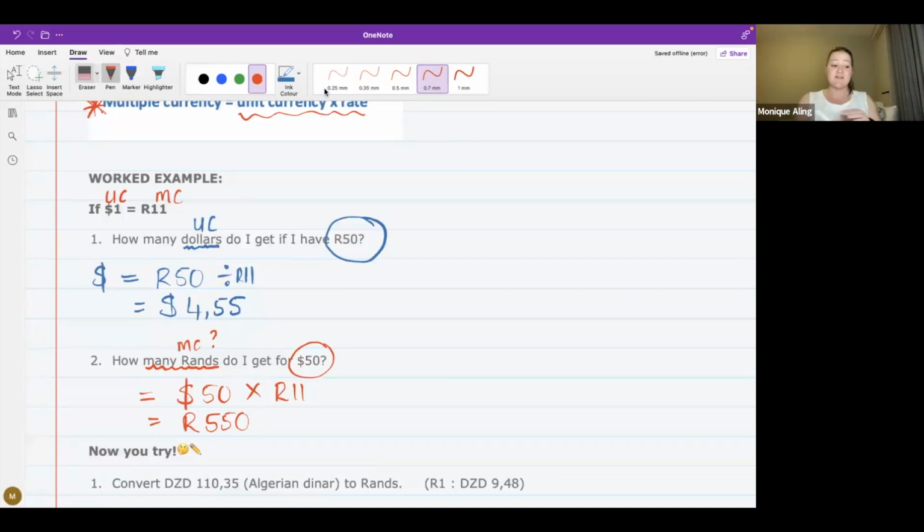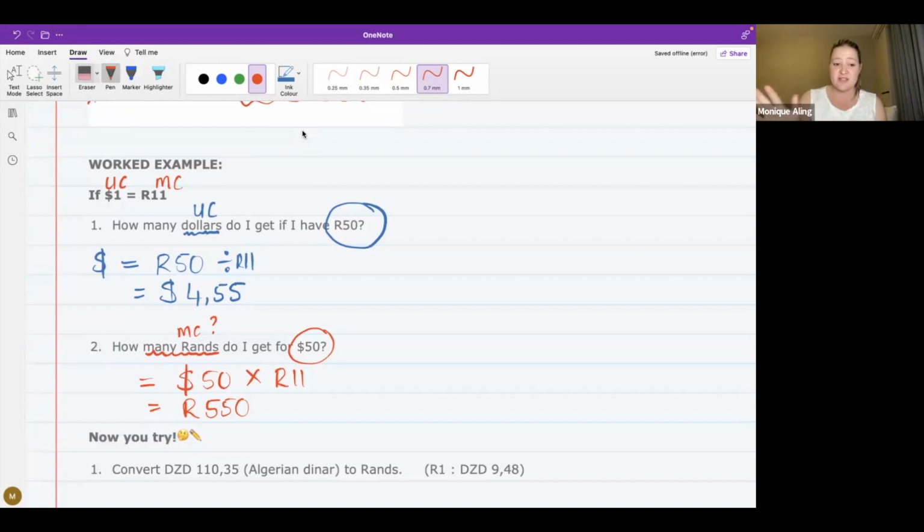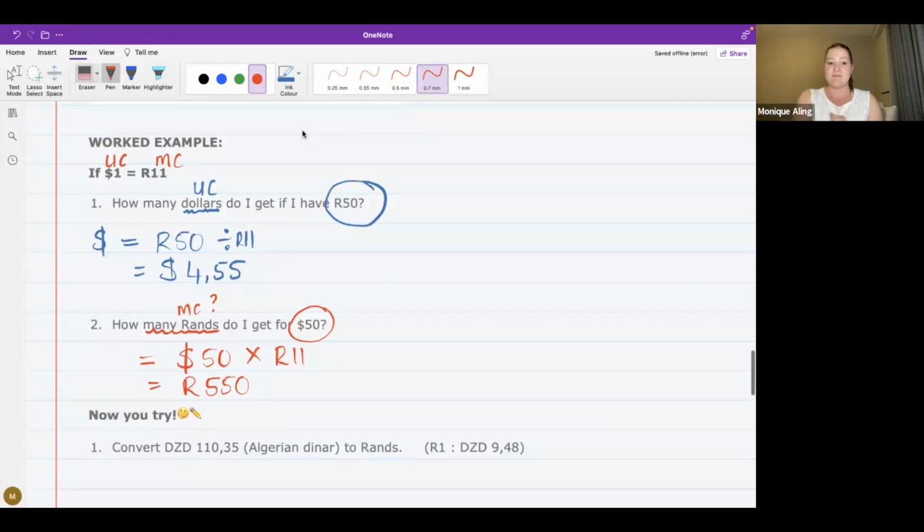Look, alternatively, if you think about it logically, sometimes it can get confusing, doesn't matter how well you understand exchange rates. You can see according to the exchange rates that the dollar is stronger than the rand. So if I am taking dollars and exchanging them to rands, I'm going to end up with a bigger number. So that means you would need a higher number than 50 rand. Okay, so keeping this in mind,